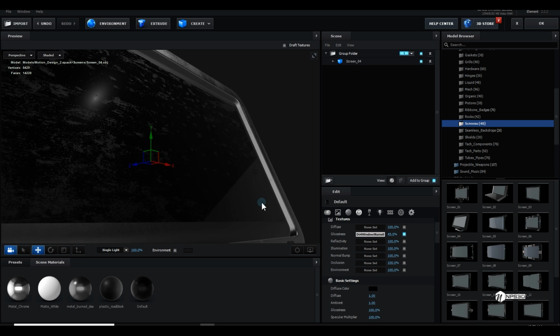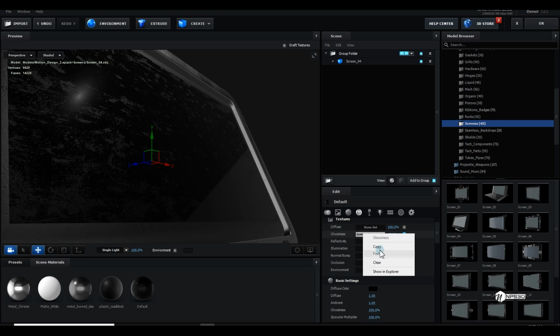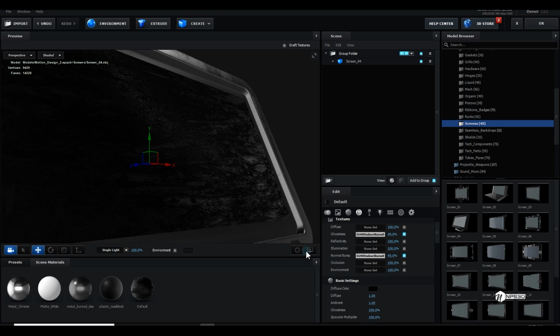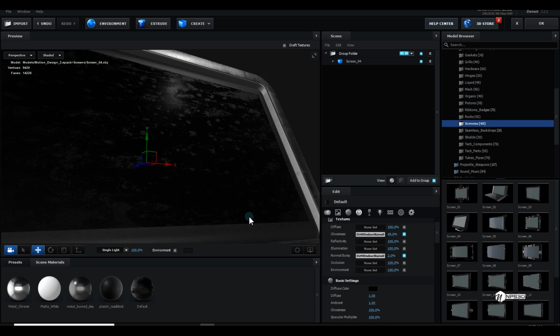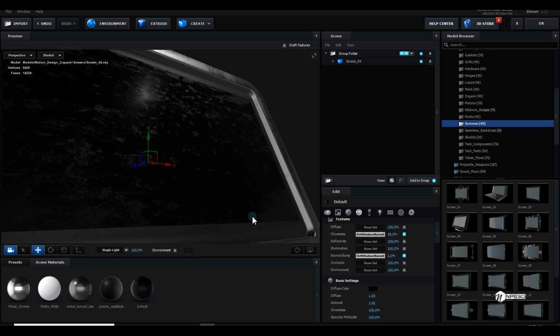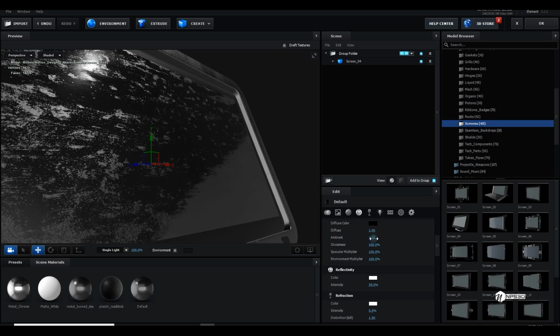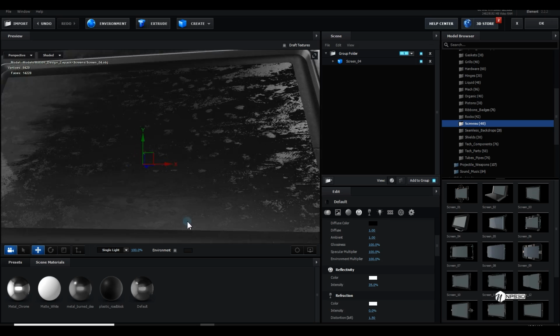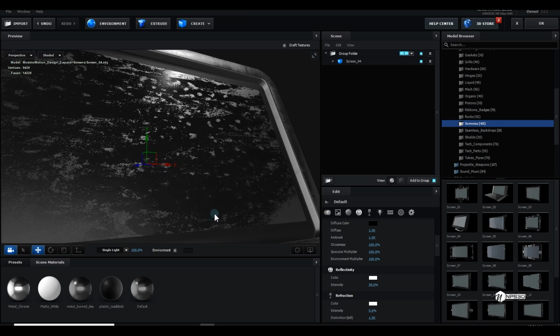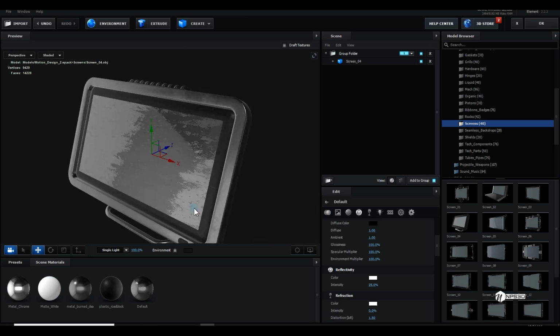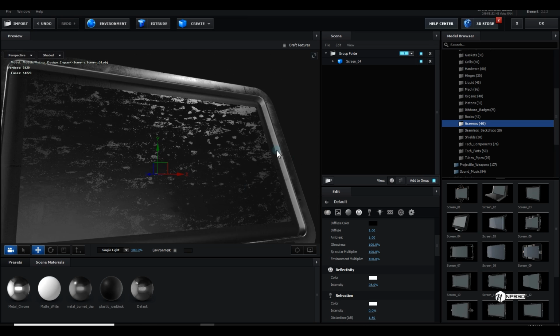I can also copy the glossiness and paste it into the normal bump, and then make it maybe 2%. So this looks good to me. I can also turn the reflectivity to around 35, which looks good. This looks good, and I only have to plug in the logo.